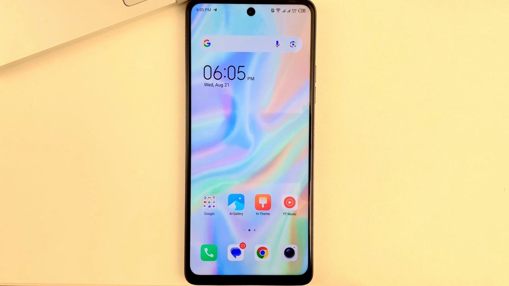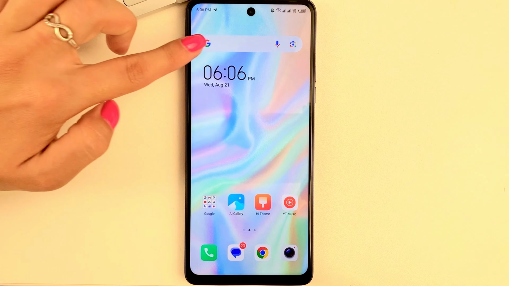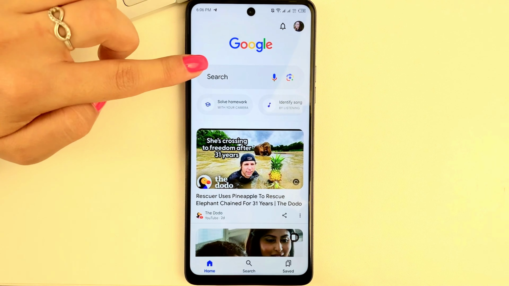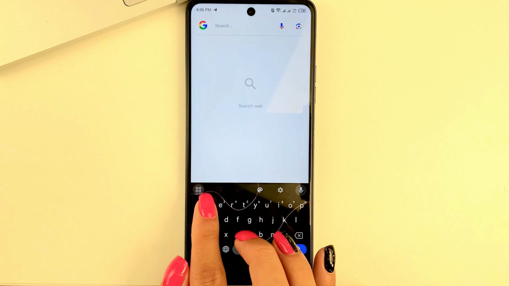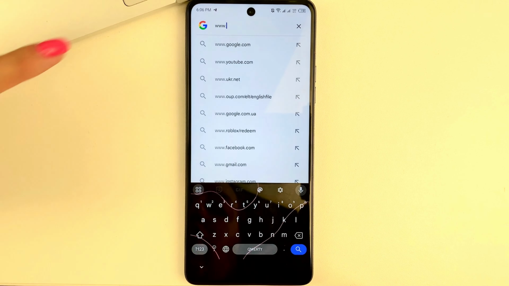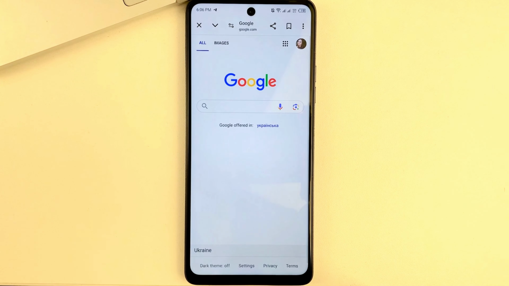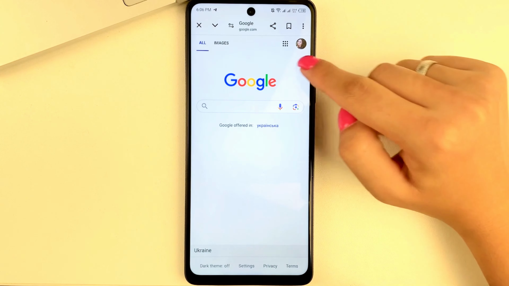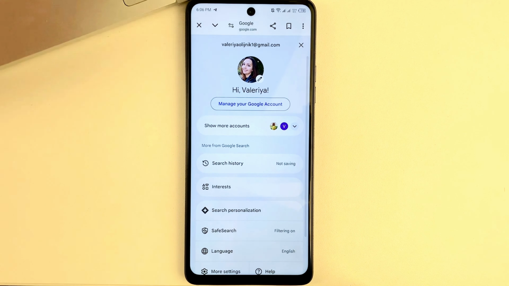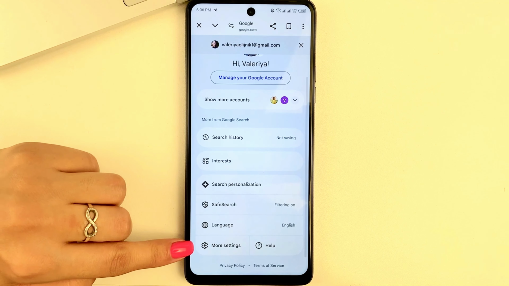So, friends, let us get down to this topic with you. And first of all, please open Google Chrome. Next, you will need to type google.com into the search box. And then, when you get to Google, click on your image on the top right-hand side. Next, friends, scroll down and select Advanced Settings.